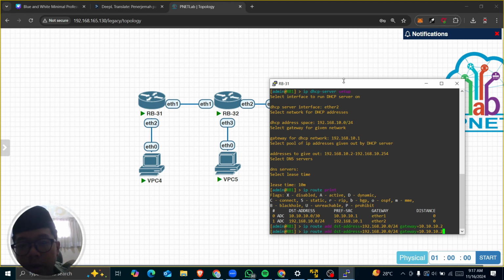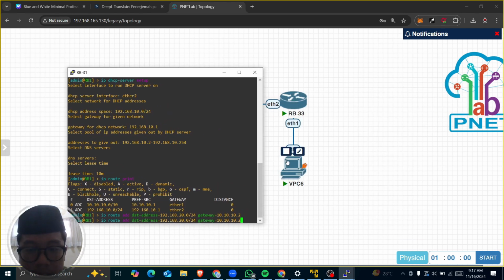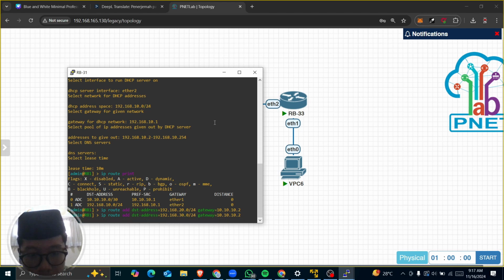Then next we're gonna add the route to this PC, and still the same gateway. And next we're gonna add the route to the 20.20.20 address.